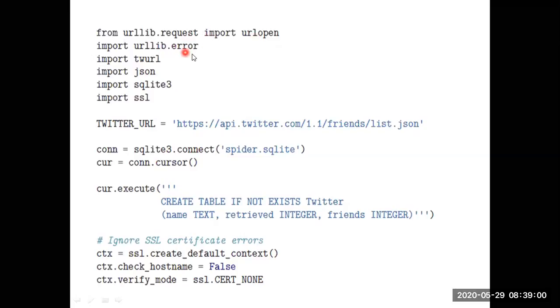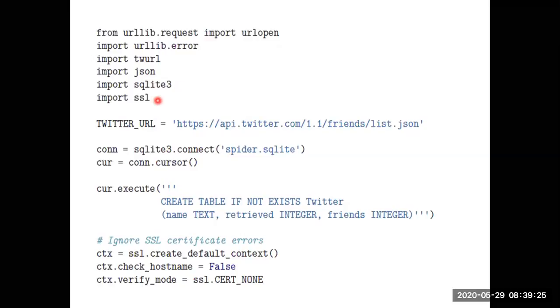Import urllib.error, which helps with exception handling mechanisms. And import twitter url, import json, sqlite3. This sqlite3 is the database which we use here with Python.